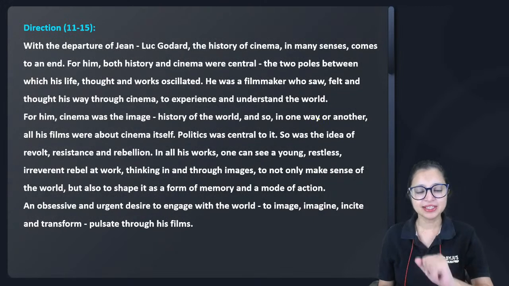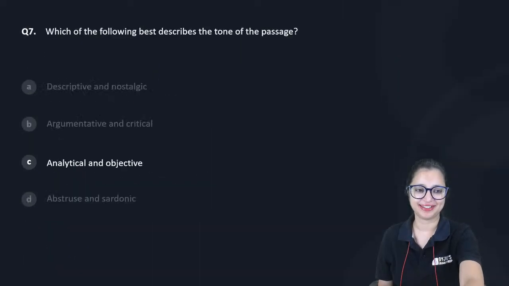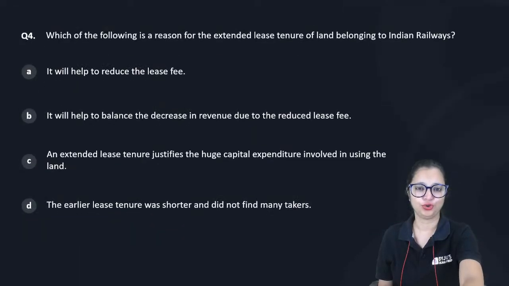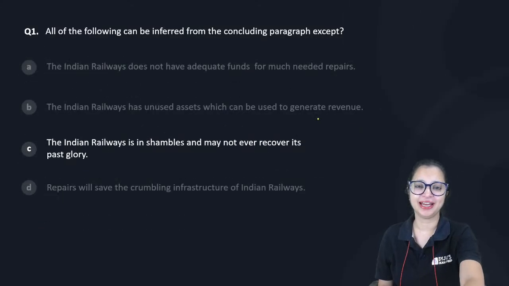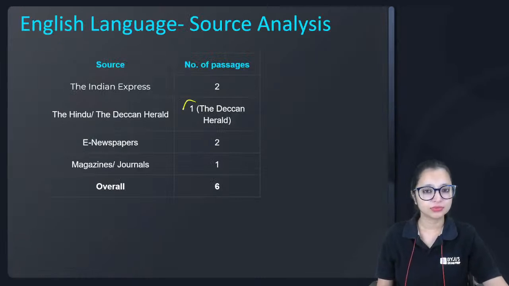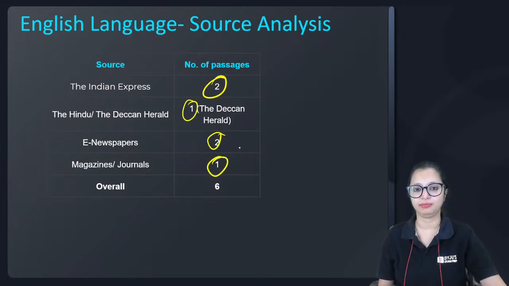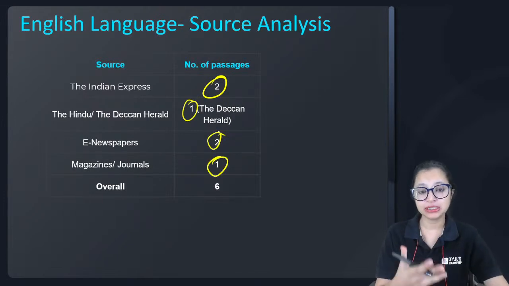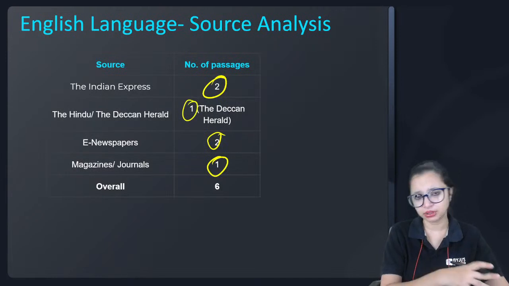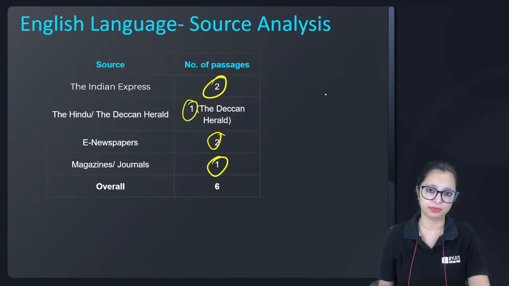ओके, सो नाउ ऑन दिस नोट जल्दी से देखते हैं, I'll take you back just a minute. Since I have made you skim through this, I'll take you back to one important thing. Sources पता है क्या है पैसेज के? I'll show you the sources. The Hindu 1, The Indian Express 2, E-Newspapers 2, Magazine and Journal 1. Exactly जिस तरीके से पेपर बनता है, CLAT में कभी कभी बुक्स एक्सट्रैक्ट्स आते हैं, बट वी हैव रिफ्रेन फ्रॉम डूइंग दैट, वी हैव गिवन यू एग्जैक्टली लेंथ वाइज भी वैसा पेपर, प्रीटी क्लोज टू द एक्चुअल पेपर।